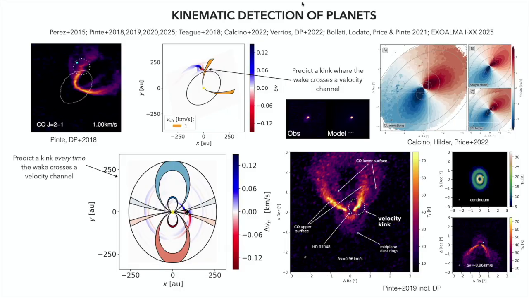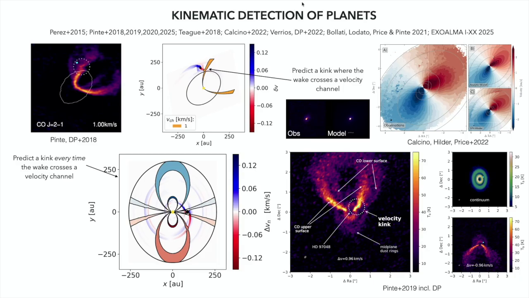In fact, one of the mysteries in the first detection was that what we predicted when we tried to understand this analytically is that you should have these other chunks. Basically, every time the wake crosses a channel, you should get a little chunk. The closest ones are the big ones, but you should be able to see some little traces further out. All we had to do was wait a couple of years and get better data. Once you get better data, you can see this correlated series of perturbations tracing through the outer disk. The little kink is here, but you can see a bunch of kinks next to it, and you can trace out the pattern of the wake through the outer disk. That's exactly what you predict from the analytic model of how the wake should interact.